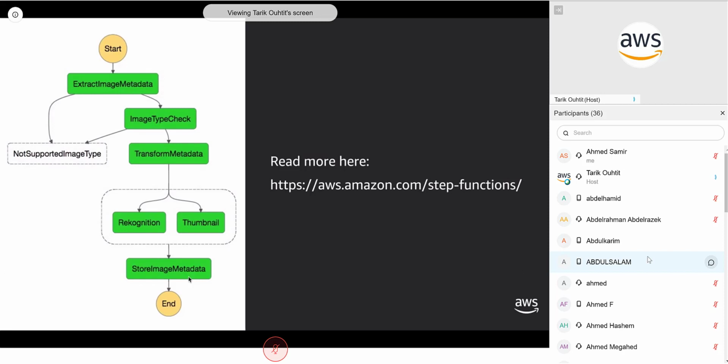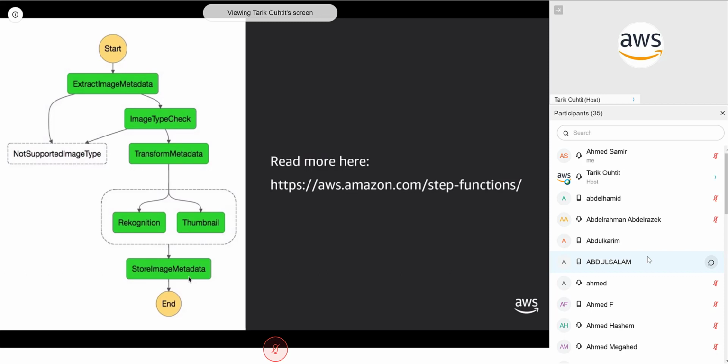But I'm going to have to do quite a bit of safety checking as I go along there. What happens if halfway through there's some sort of failure? What if I can't access Rekognition at that time, or it throws back an error? As a developer, I'm going to need to do things like implement retries and back-off policies. I'm going to need to monitor these and work out which ones have failed and why, and alert on those. This is quite a bit of work for a developer, and this is a fairly simple example. I bet if you look inside your applications, you'll see they're all made up of these processes.